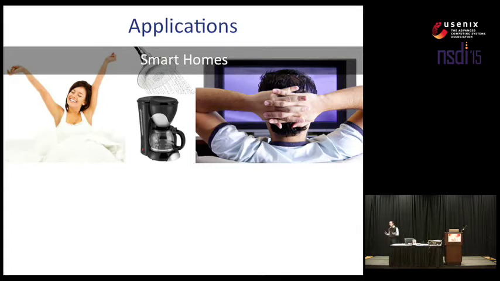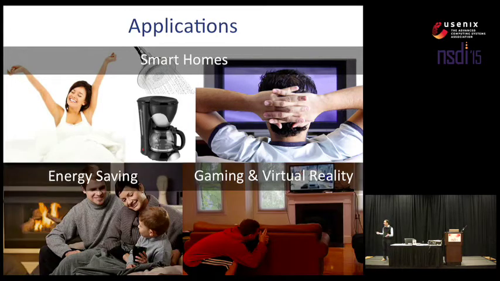And also by tracking the inhabitants of an apartment, they can know where they are and adjust the lighting and heating to save energy. In fact, they can even be used to extend gaming consoles like the Xbox Kinect to track us even if we are behind the wall or in a completely different room.